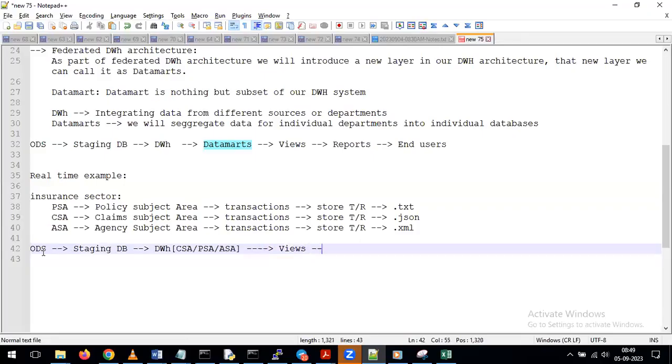On top of that, we are going to create reports. End users are going to perform the analysis. Now, you tell me, if I am going to give the inflow like this, what kind of architecture is it? In this architecture, are we calling anything data marts here? We are not introducing any data mart here. For that reason, this kind of architecture we can simply call centralized data warehousing